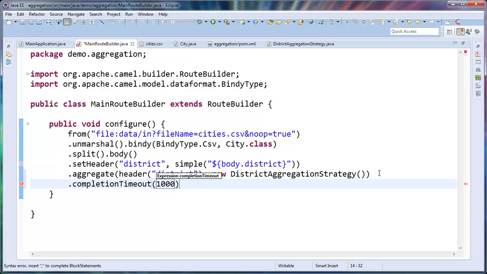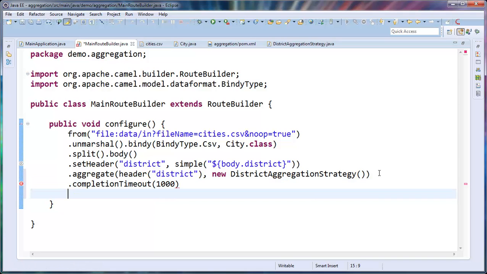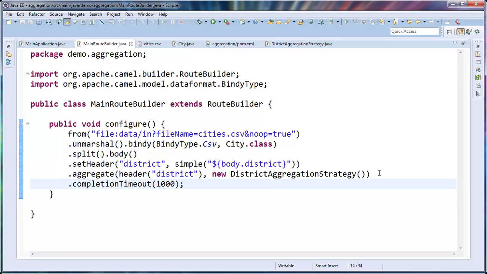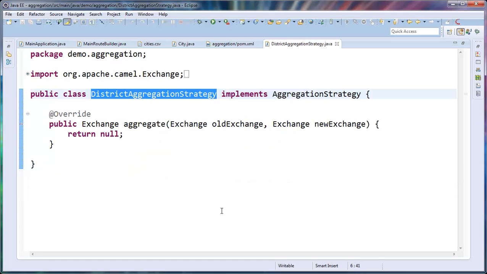That's in milliseconds, so that's 1 second. But then when I finish the aggregation, I will then serialize the result. But first of all, let's implement the aggregation strategy, and then we will take care about serializing the result. So I have to implement the district aggregation strategy, which is gonna actually